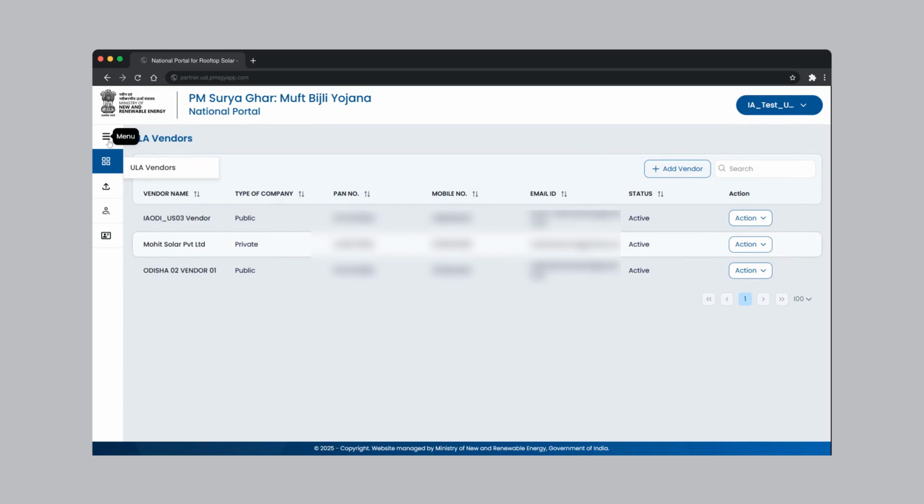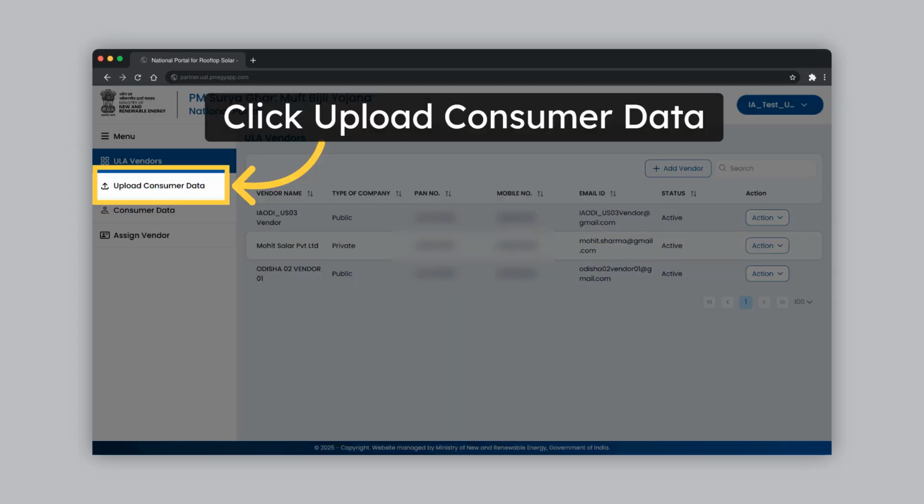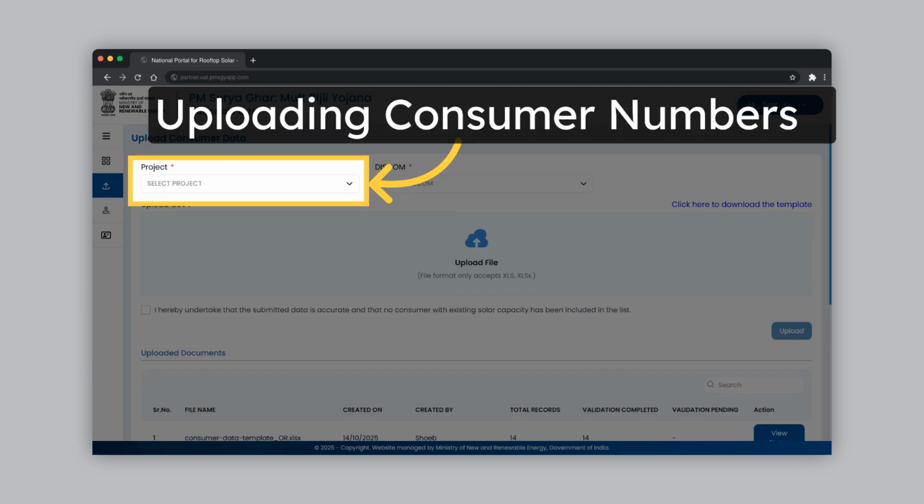Please ensure to have the necessary consumer data files in an Excel sheet for uploading into the system. Click on Upload Consumer Data to begin uploading your consumer numbers in the system. Once you click on Upload Consumer Data, you will come to this screen, where you have to first select the